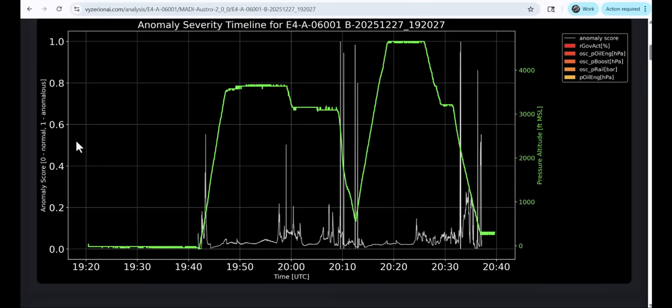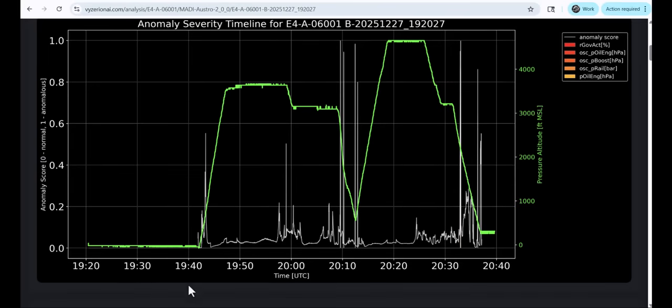The first chart displays the flight timeline on the x-axis. The green line tracks pressure altitude, while the primary line plots anomaly score, where low indicates normal operation and high indicates an anomaly. To the right, a color bar identifies the specific sensors driving these anomalies, with red highlighting the most critical features. During extended anomalies, color attribution bars appear directly below the anomaly line to show which features are